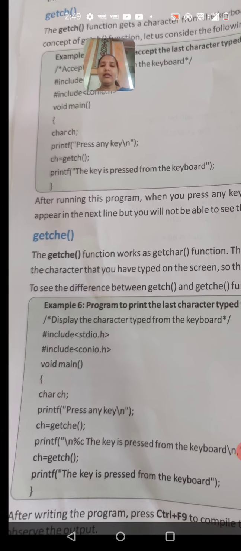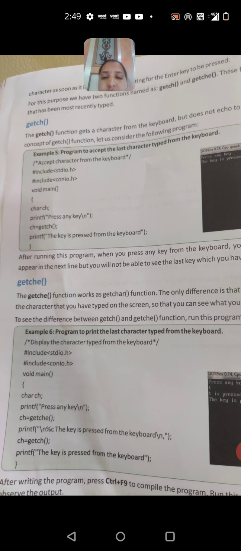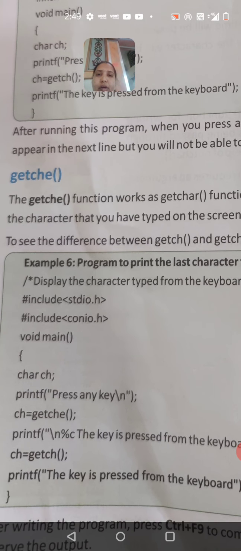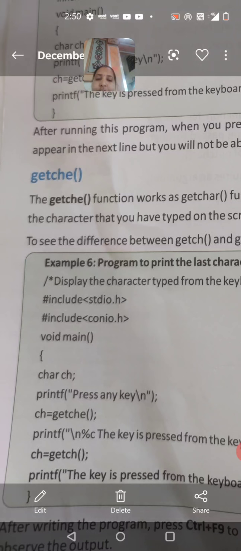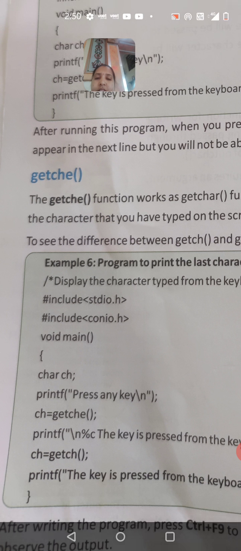This is an example, that is the program. See here, it is the same as the program for getch. The only difference is that in the printf, they have used getche for ch.